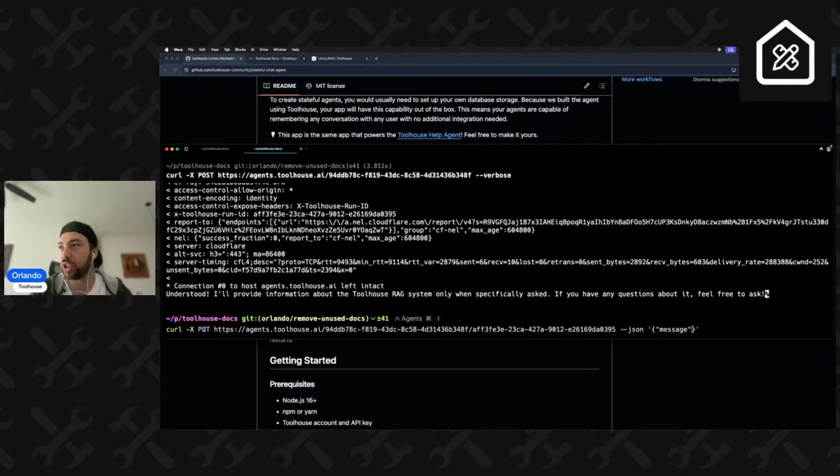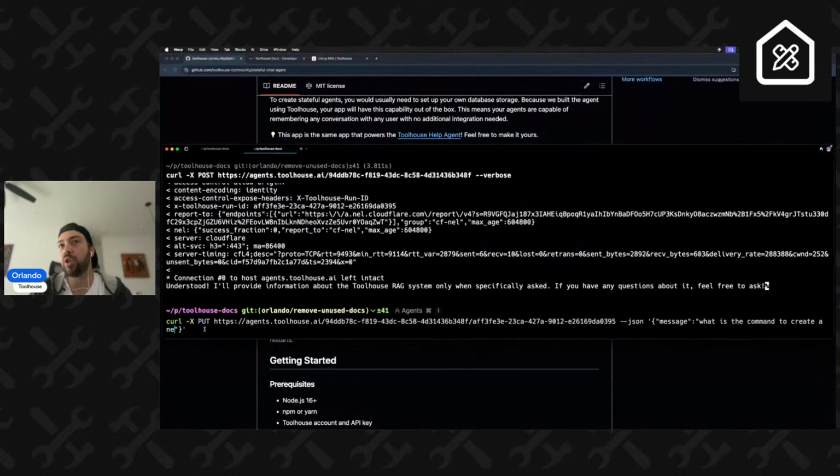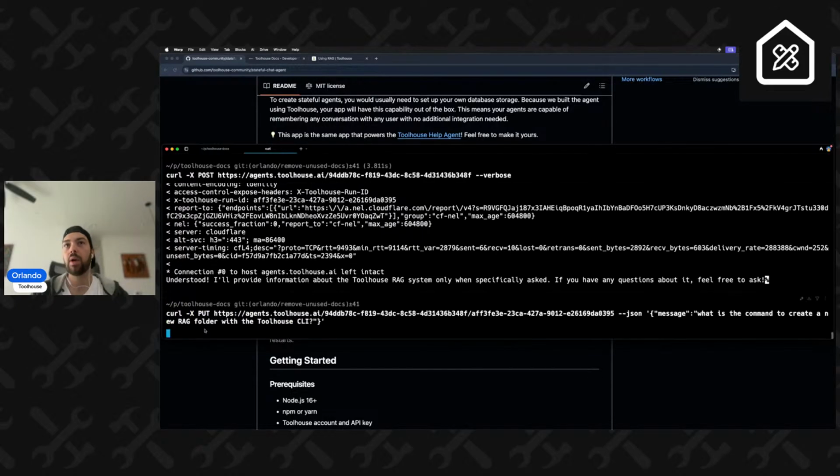So message, and then I will ask, what is the command to create a new RAG folder with the Toolhouse CLI? Question mark. And now what's going to happen is I basically continue the conversation with the agent that I deployed,